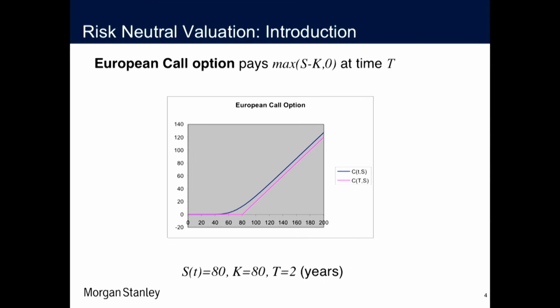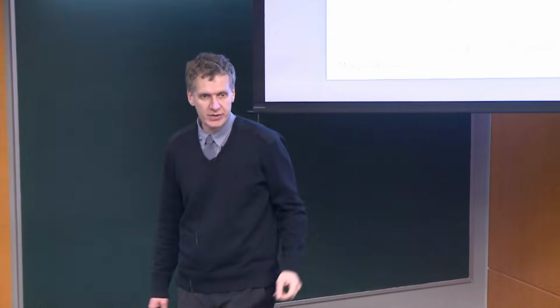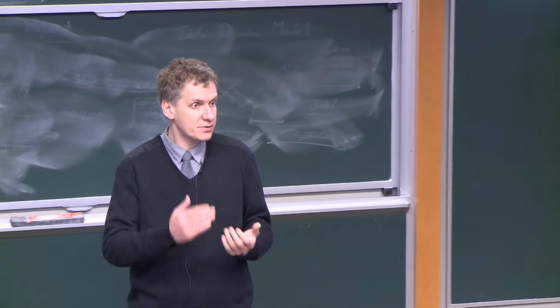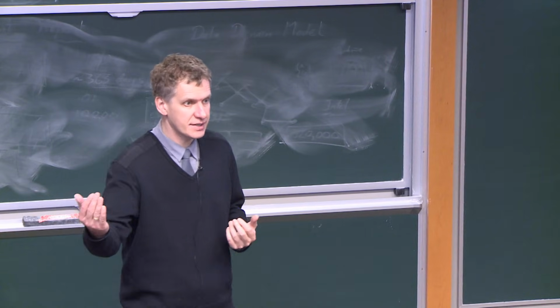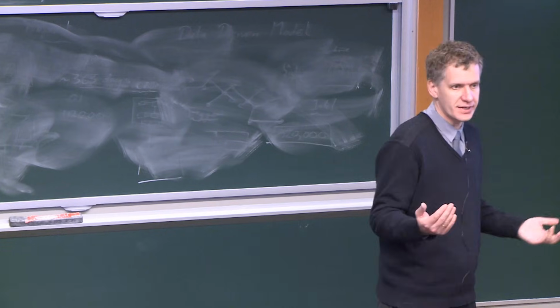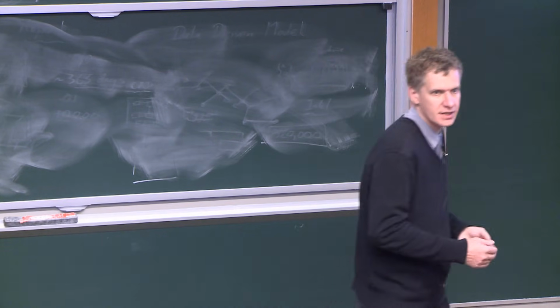So what is the price of this option now? Well, obviously, it should be slightly above, because even if now the asset is slightly out of the money below strike price, there is some volatility to it, and there is a probability that we will still end up in the money at expiry. So you should be willing to pay something for this.